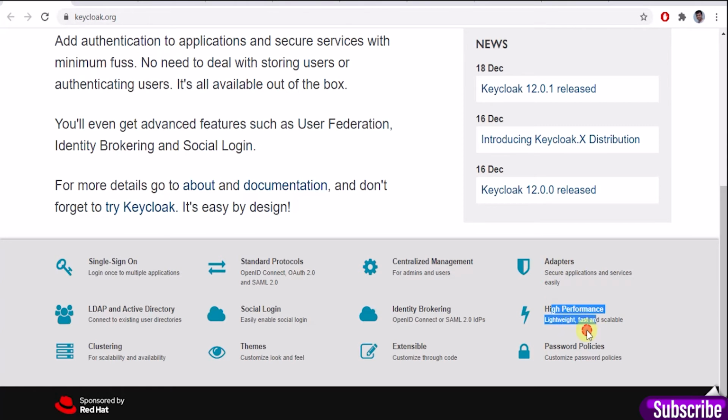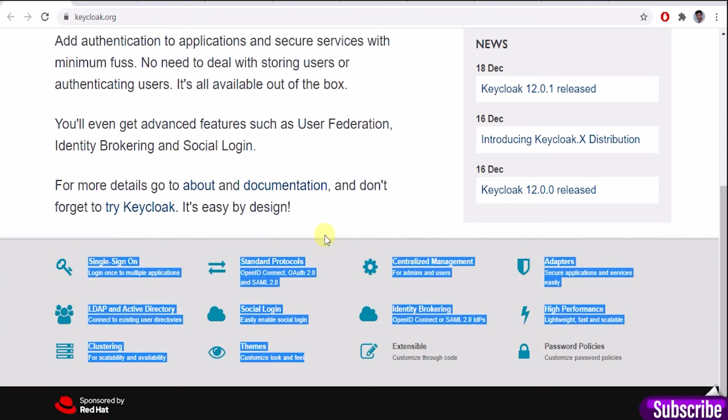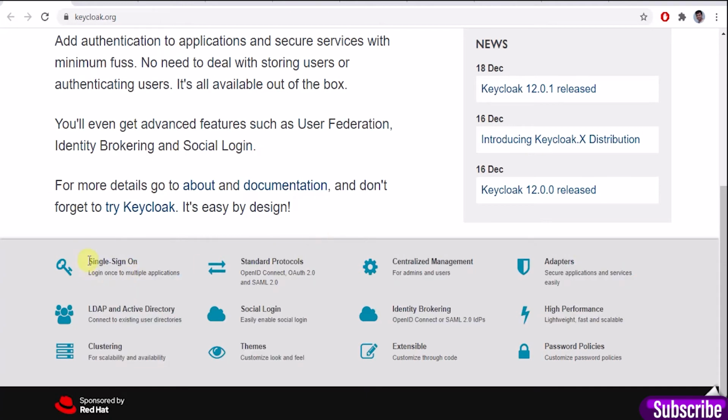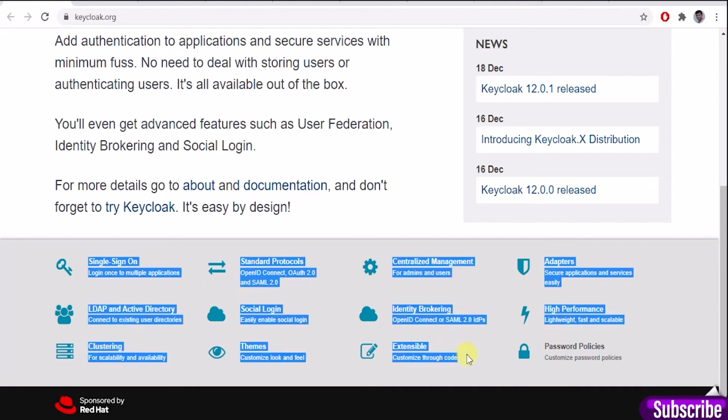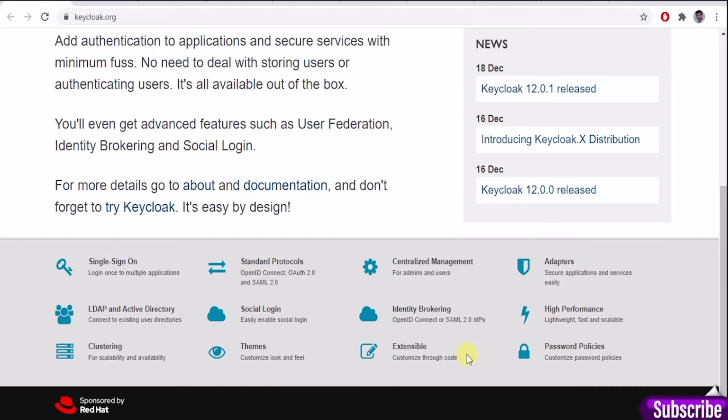I have been using Keycloak for more than 3 years and it has saved a lot of time. Many features are provided by Keycloak out of the box, so you don't need to write code for these things. You just need to integrate it in your applications. If you start building your own and support all these things error-free, it will take you years. But if you use Keycloak, it will be provided out of the box, such as support for SSO, OpenID Connect, OAuth, LDAP and Active Directory support, customizable themes, etc.